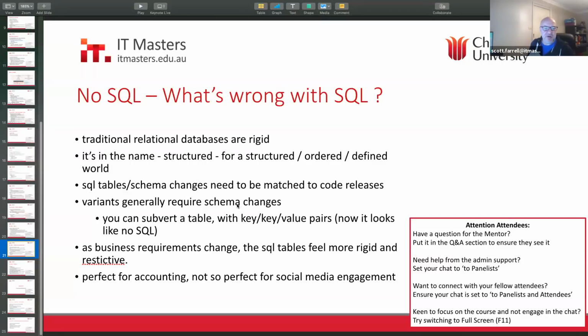Variants generally require schema changes. So if you've got slightly different products, people start making workarounds in SQL databases, but NoSQL is built for that sort of thing, to have variants. As business changes requirements, SQL tables feel more rigid and restrictive.